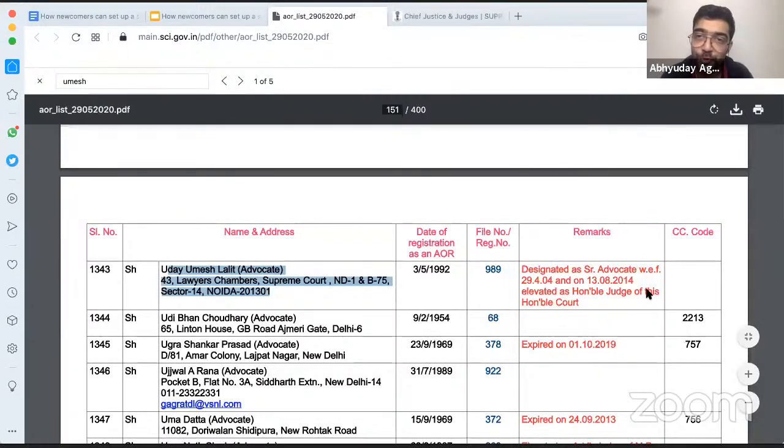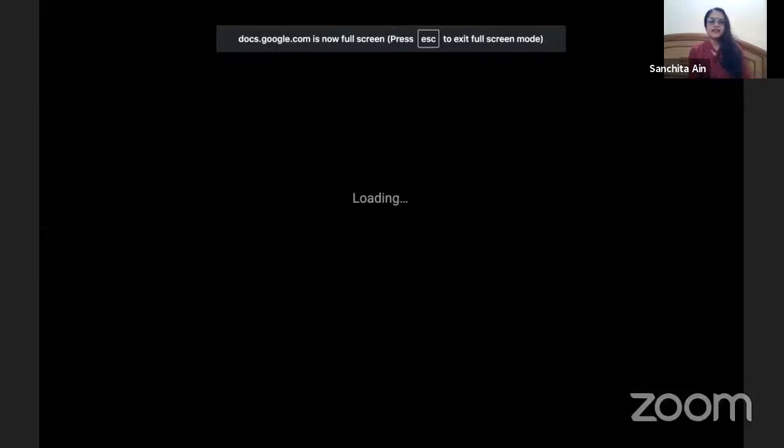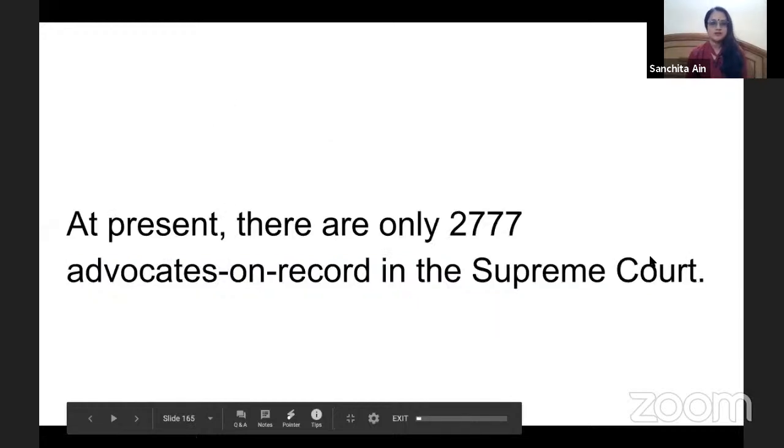So those of you who want to make long-term plans, you can calculate 5 years to be AOR, and then 12 years to be senior counsel, and then another 12 years, or 10 years, to be a judge if you want to. Okay, that's one of the routes that can be followed. Everybody obviously doesn't get the same results, but that's something you can look at. Okay, you want to study somebody's career, then that's how you look at things. Okay, we'll proceed. Otherwise, there's no chance. If you spend 10 years in some other court and don't even move to Supreme Court, then there's no chance.